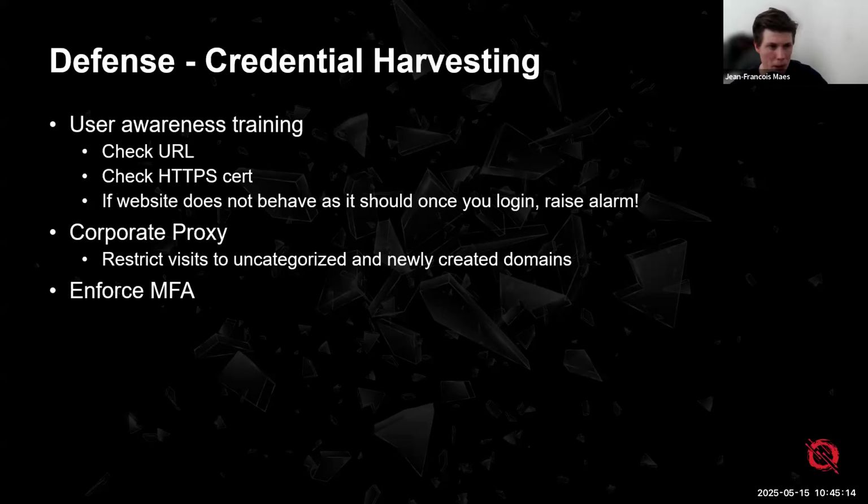And of course, if the website looks weird or it behaves strangely when you log in, for example, it gives you an error message or it redirects you to a 404 or something that is unexpected, well, then maybe you actually fell victim to one of these attacks. And then, of course, you want to start raising an alarm as soon as possible and changing your password if you still can. Otherwise, it might give an adversary a way into the organization.